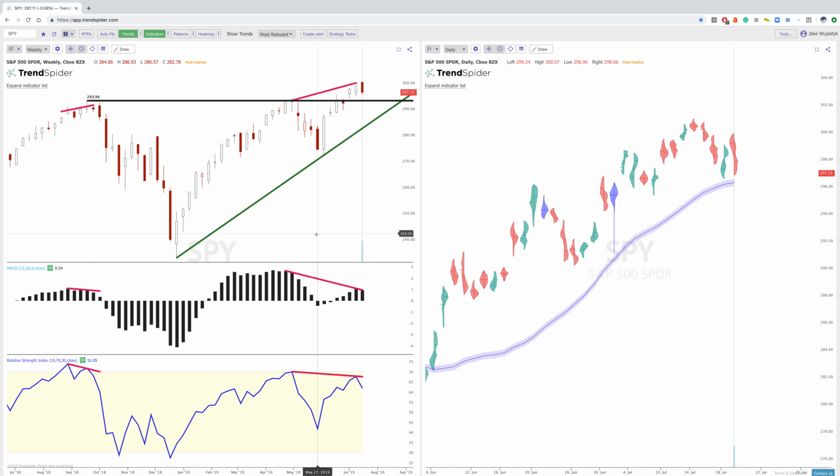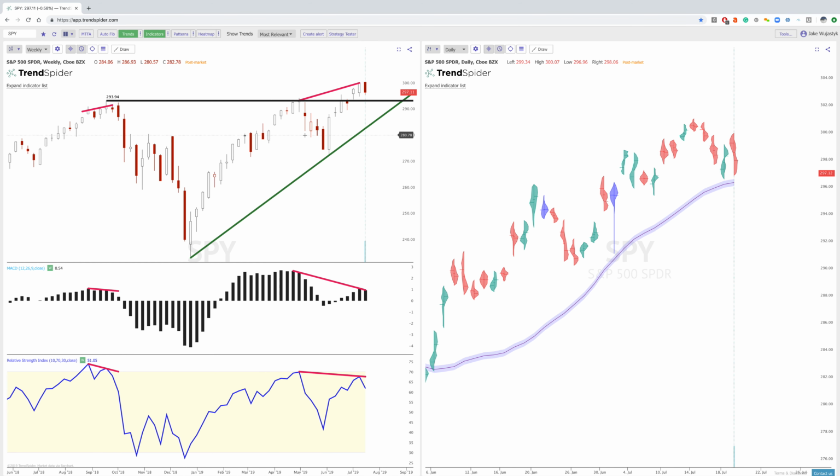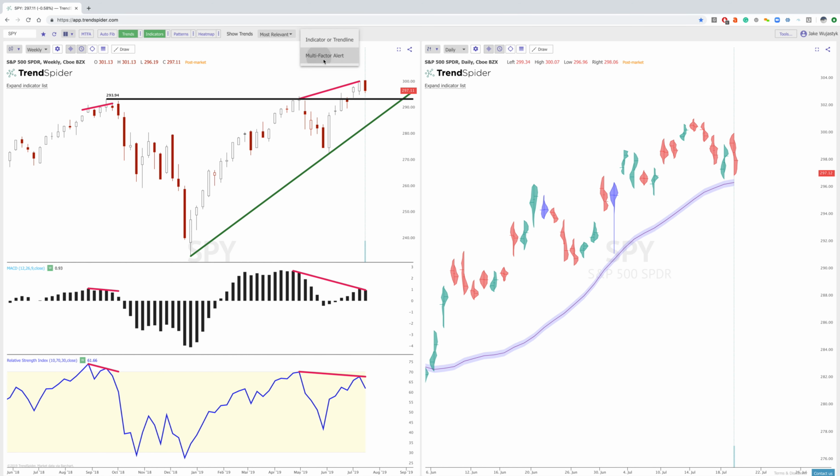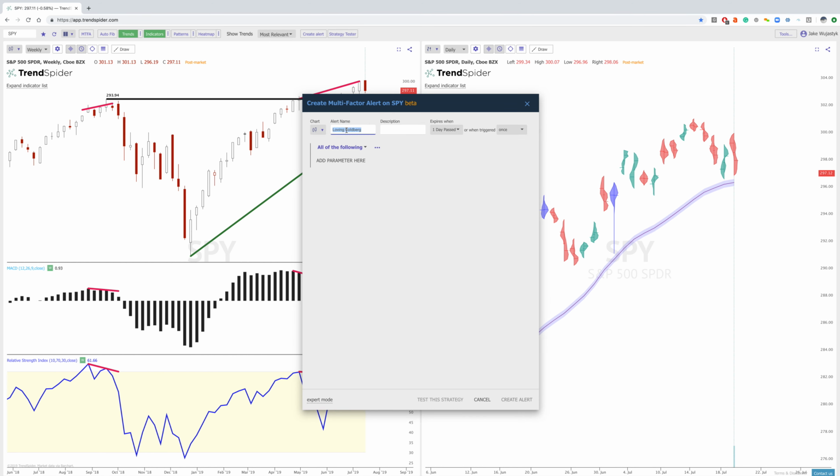So going into SPY on the weekly side of the chart, we can see here that we've got definitely some divergence on the price action versus the MACD and the relative strength index. And so for me, what I'm going to do to get ready into next week to possibly watch for a further breakdown is go to the multi-factor alert here, and I'll name it breakdown further,